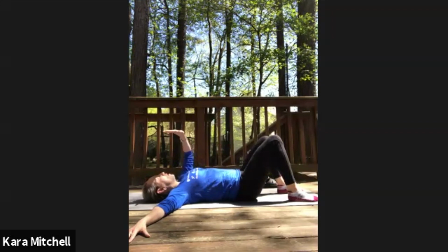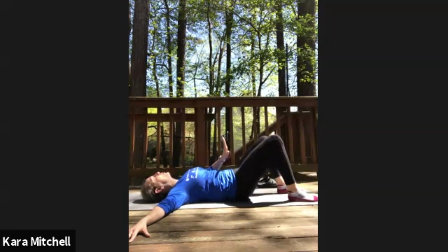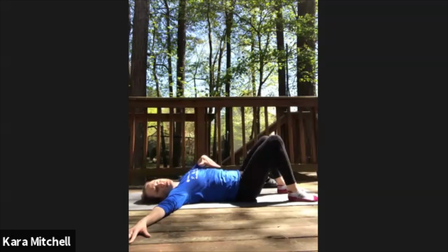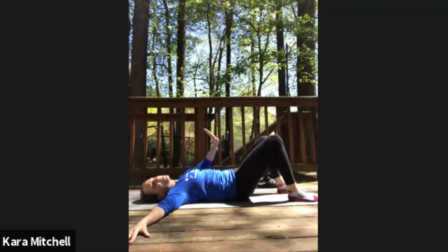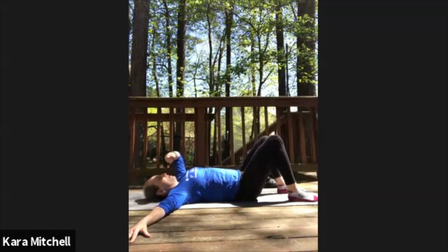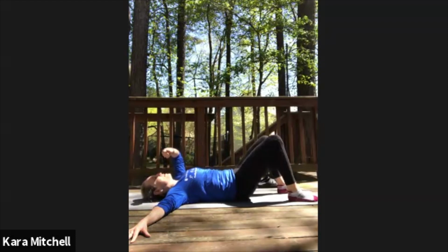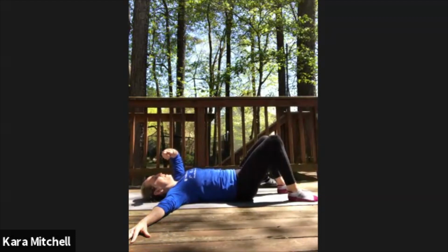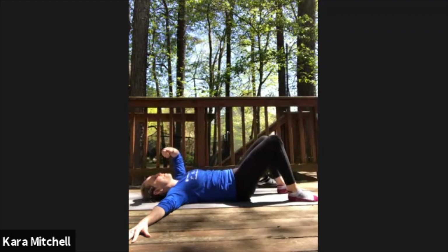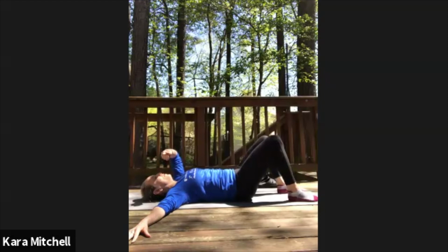Inhale, now give it an arch to your back. Exhale, 100% engagement, scoop. Good. So inhale, 50% engagement, arch. Exhale, 100% engagement, scoop. So we're never relaxing the abdominals. It's either that 50% or that 100%. Breathing in through the nose, exhaling through the mouth. Feeling a little warmth coming in through that core. Last time, when you finish your exhale, finish your squeeze, and then take it to what you feel is your